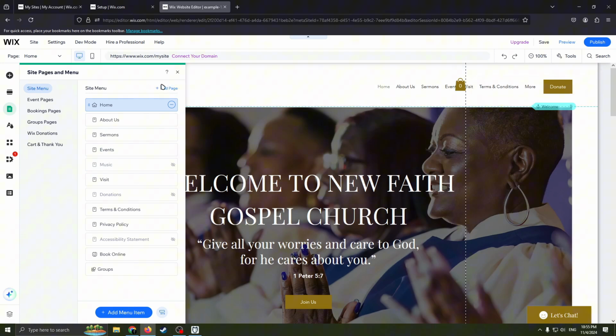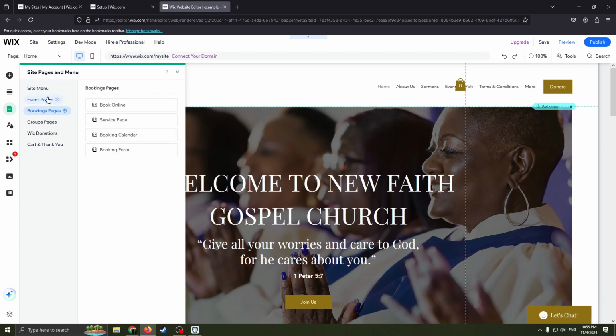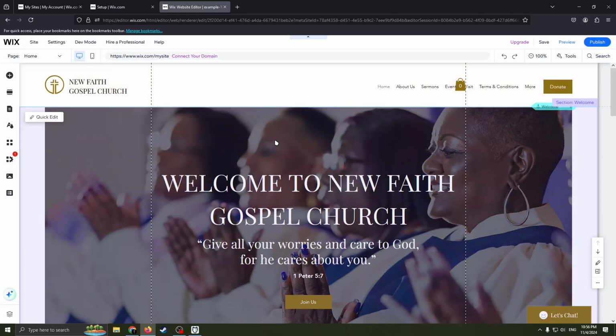And also we can add some pages. Also we can delete a whole group here, event pages, for example cart and thank you pages, you can delete them. Also on the left we have such functions as add elements, add section, pages and menu, site design, add apps, my business, media, CMS,